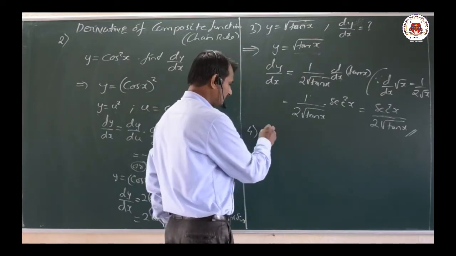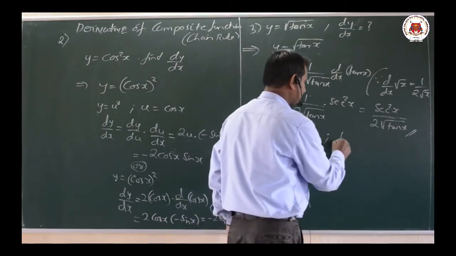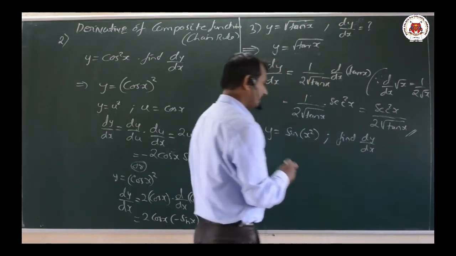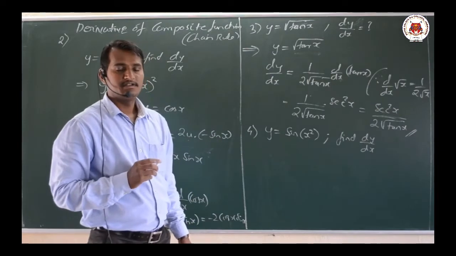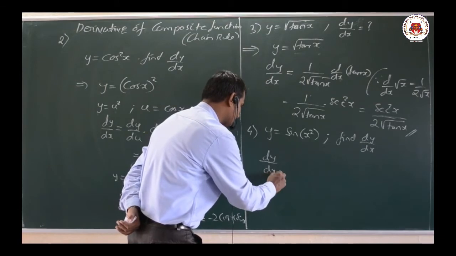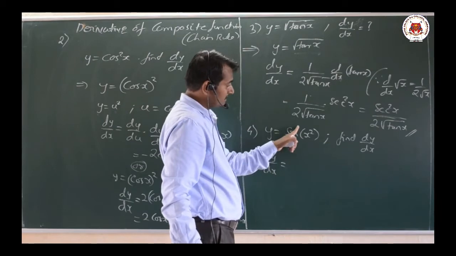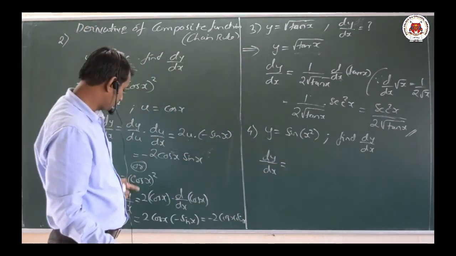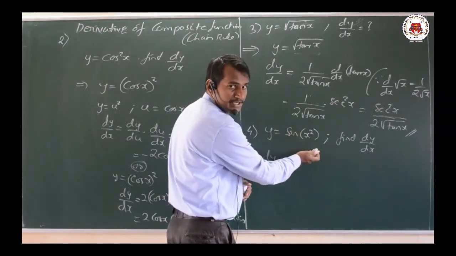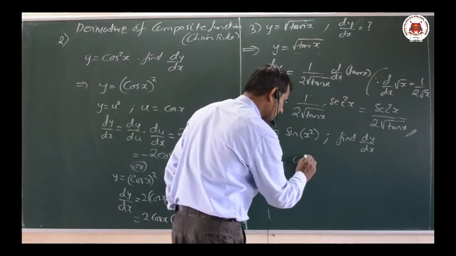Okay, fine. Let y is equal to sine of x square. Find dy by dx. So first of all, how we require to solve here? dy by dx equal to sine of x square it is. If it was sine square x, we would have to move by this particular method here. We will take this x value. But what we are having? Sine of x square we are having. Okay. Now here first of all sine differentiation will be cos x.